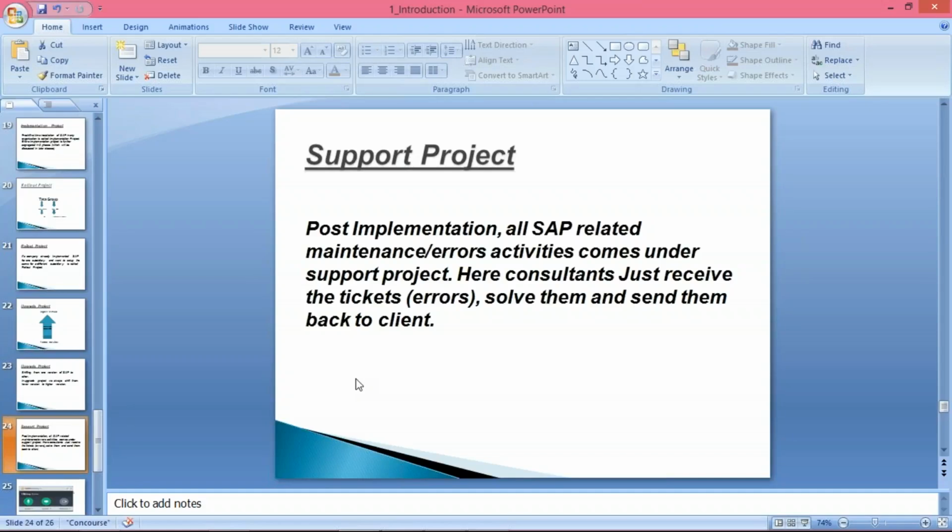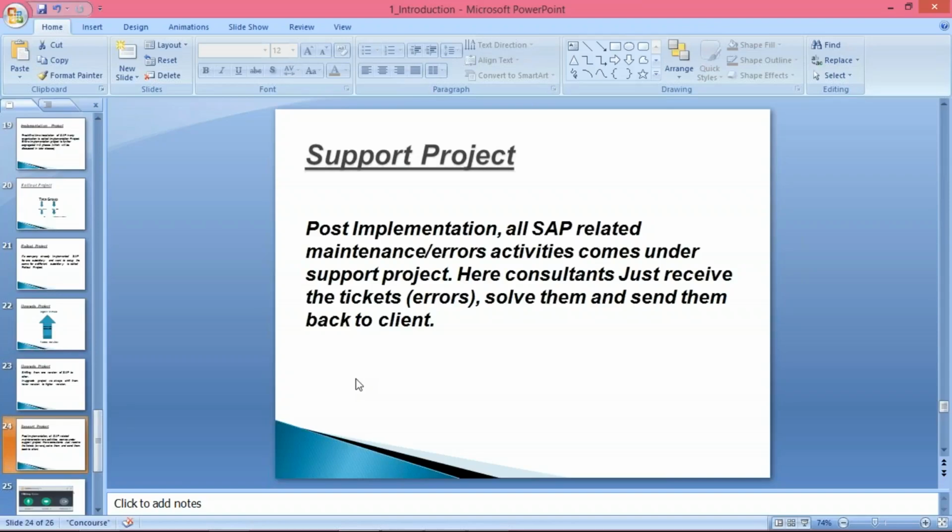Now what will happen? After implementation, it doesn't mean that Tata Motors will be able to handle this SAP independently. No. Even after implementation, they won't be able to handle SAP independently because it's a technical thing. Once they start using it, they'll still have lots of issues they can face. Since it's a technical thing, a software, there's a chance that they will receive certain errors. They'll have certain problems, certain errors will take place.